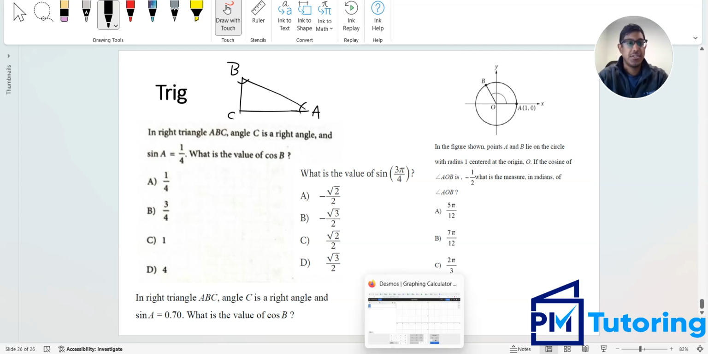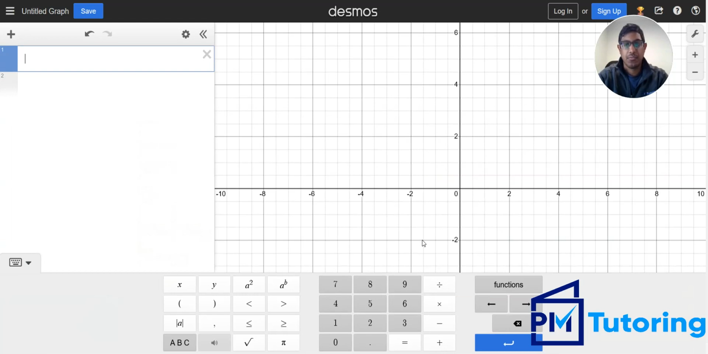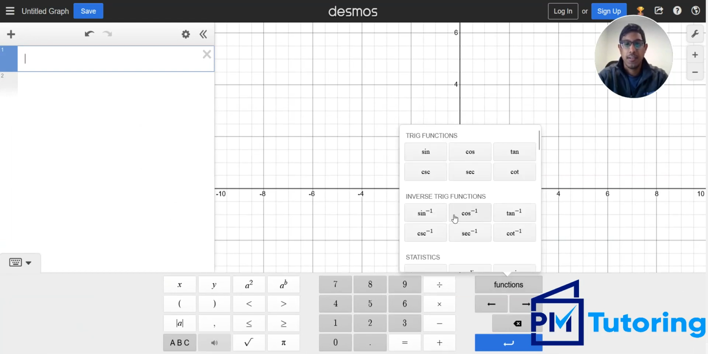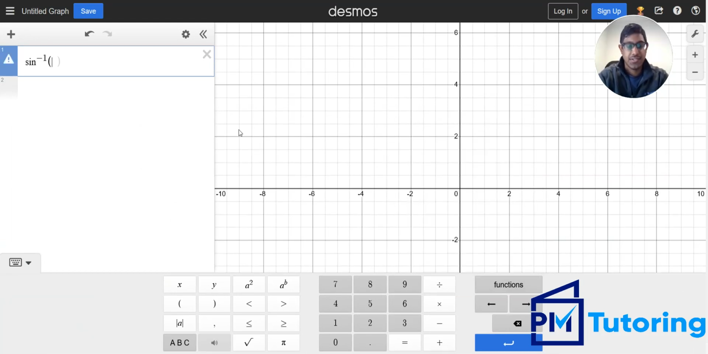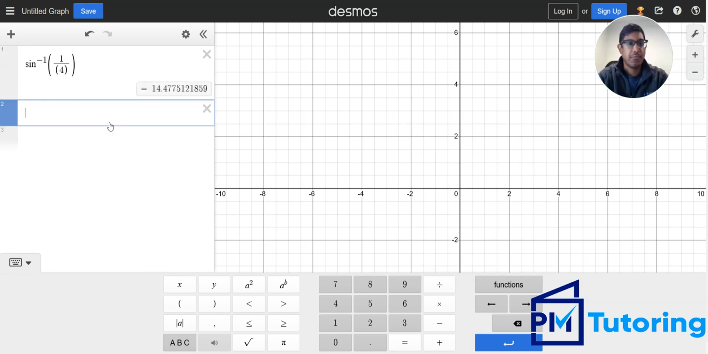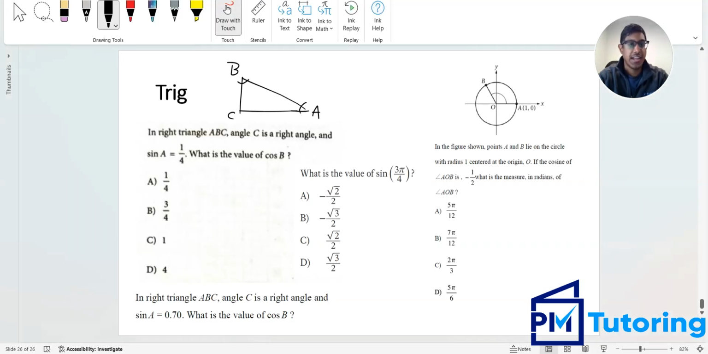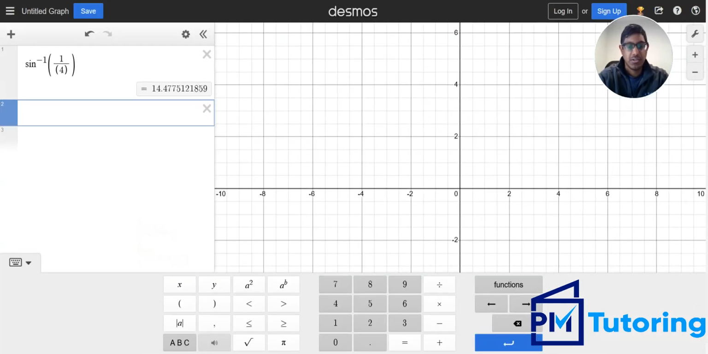So if we want to do the sine of A equals 1/4, we can find the angle by doing the inverse sine 1/4, and the angle is about 14.477. Now we know that the cosine of B, that's the cosine of the other angle in our right triangle, so that's going to be a complementary angle. So we could do 90 minus